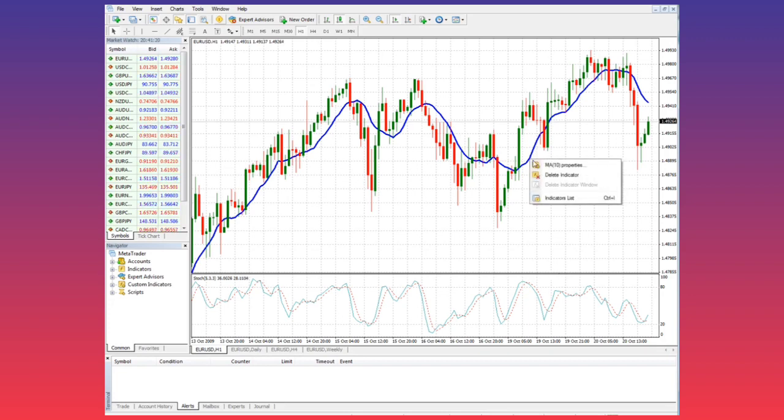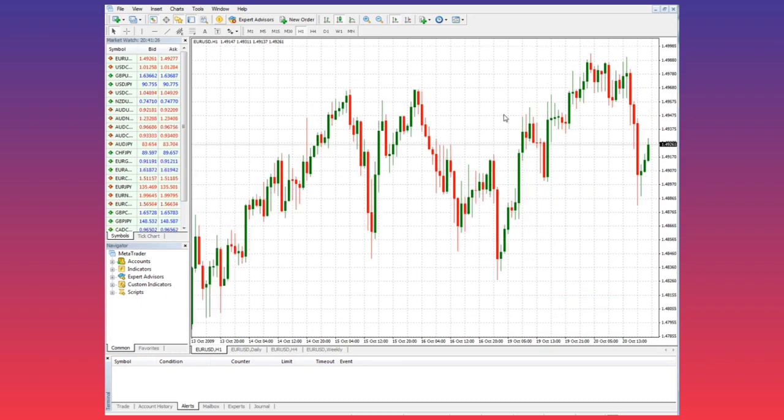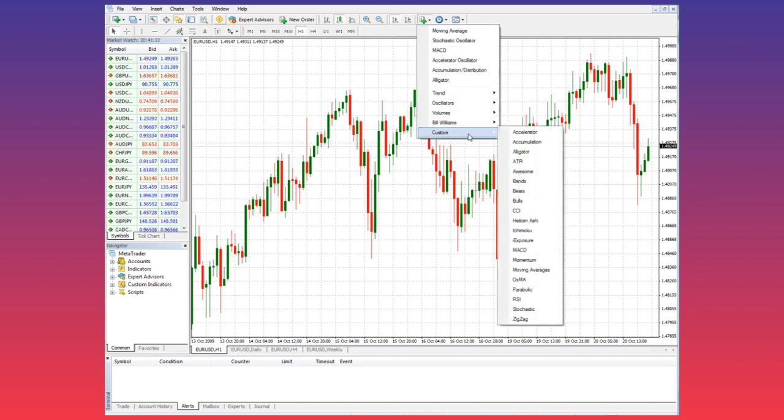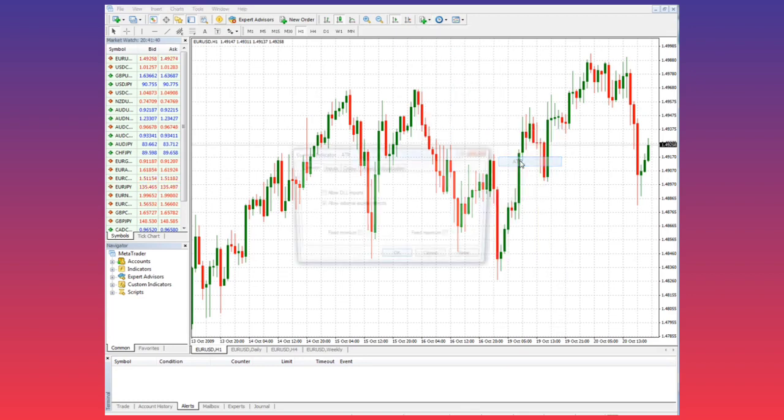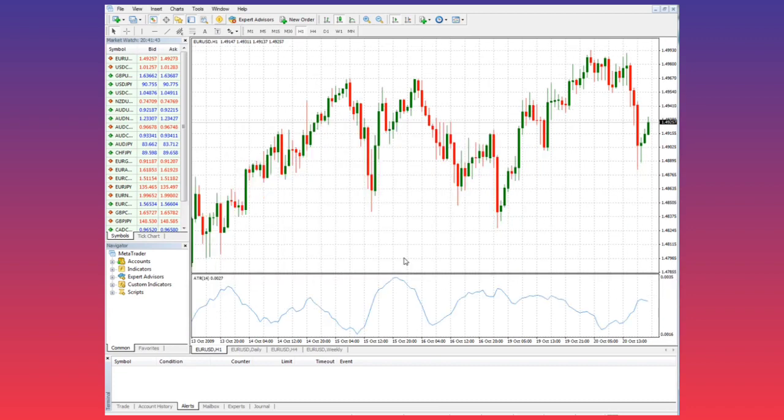Okay, so let's take these off. Delete the indicator, and we're back down here to normal. Okay. All right, so that's very handy. You can add as many of these as you want. It also shows your custom indicators, ATR, which is average true range, ATR period is very, very handy